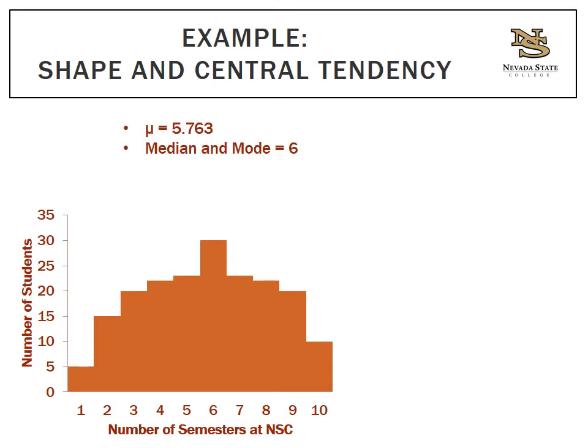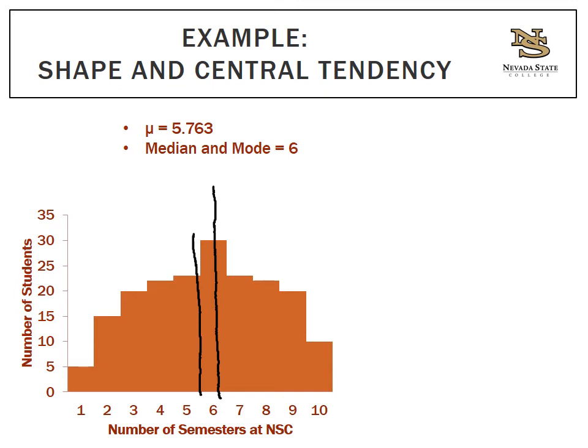If we look at the values here, our mean is 5.763, so that's really like here-ish. Our median and our mode are both 6. Now you will find that when you have a normal distribution, typically your mean, your median, and your mode are very, very close. They're all really centered there in the middle. So in this case, just kind of visualizing and thinking about it doesn't really reveal necessarily which one is the